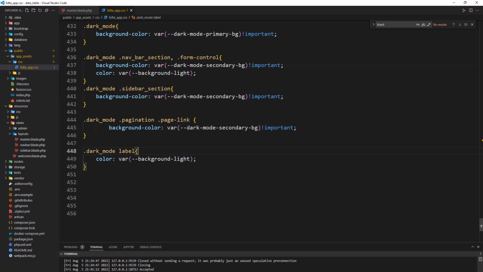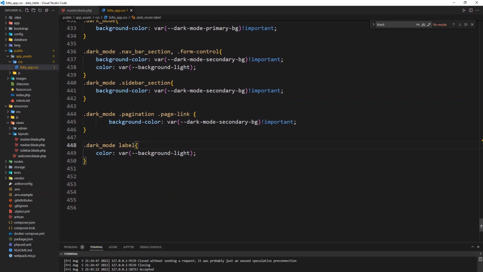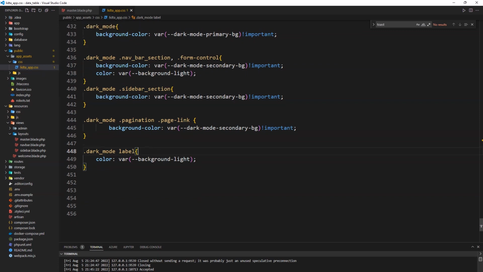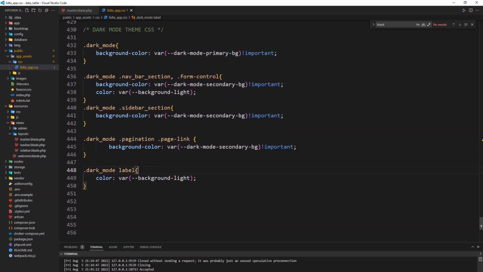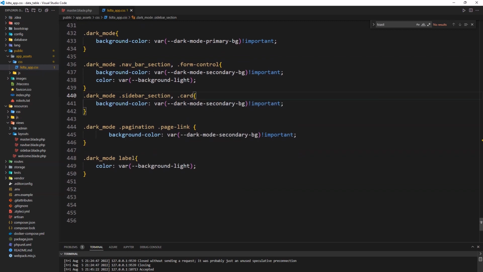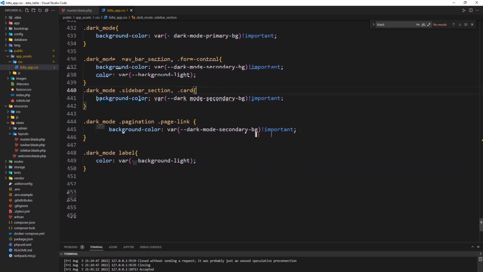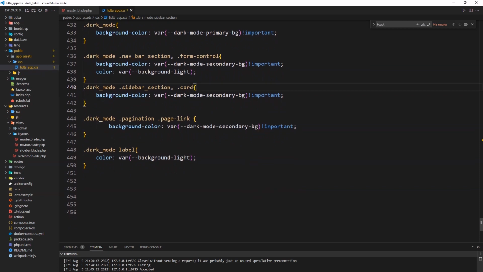And another thing I'm going to target is the card. So I'm gonna copy which one can I copy? I just want the one with background. Okay, so I can put it here. So I'm going to have card like that, and that will take care of our card. And I'm also going to have